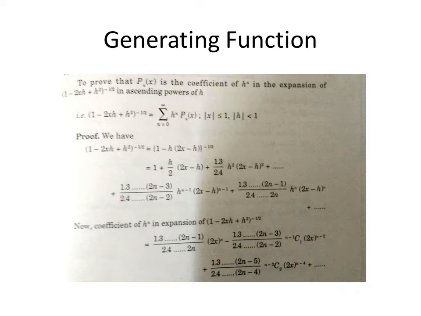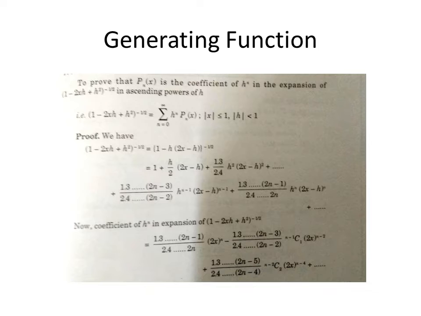Let's talk about the solution part. Proof. We start with the binomial expansion (1 minus 2xh plus h square) whole power minus half, which is equal to (1 minus h, that is minus h is taken as common, so 1 minus h into (2x minus h)) whole power minus 1 by 2, which is expanded through binomial expansion as 1 plus 1 by 2 into h (2x